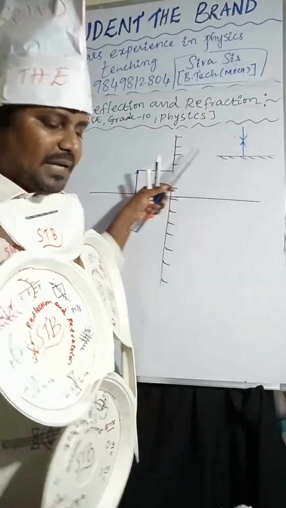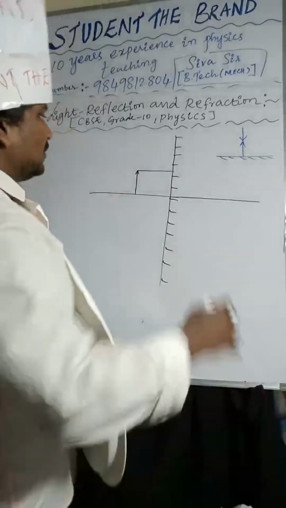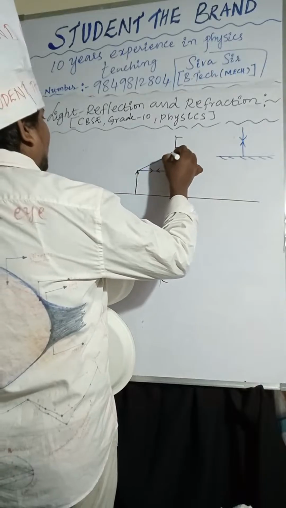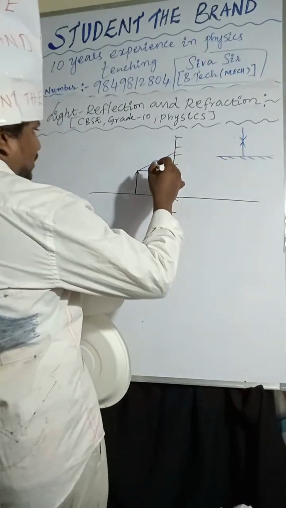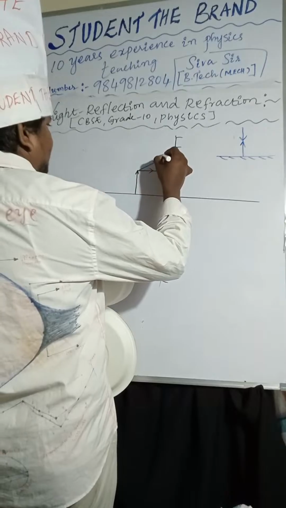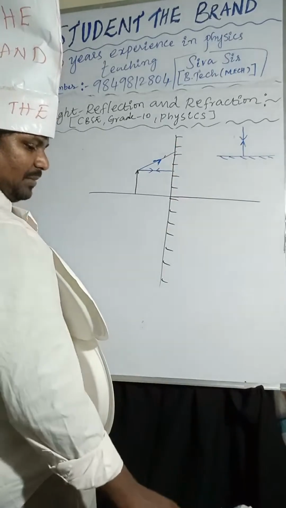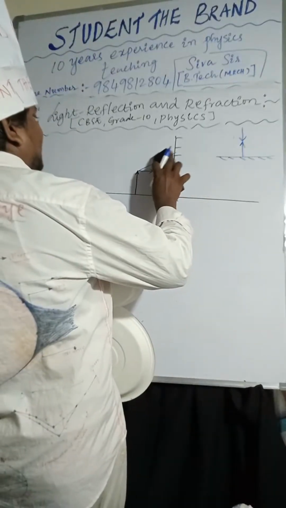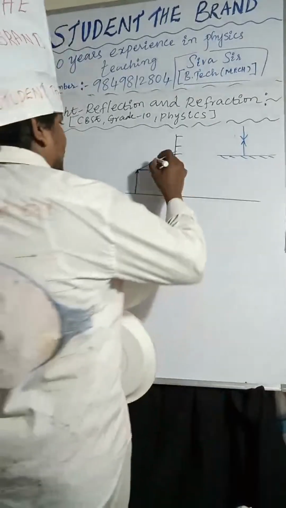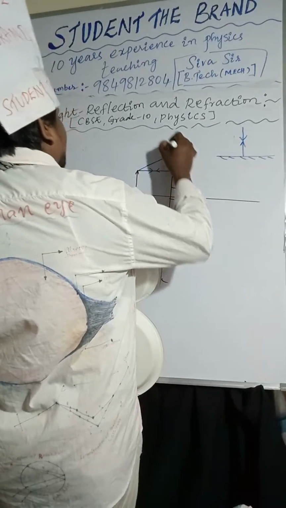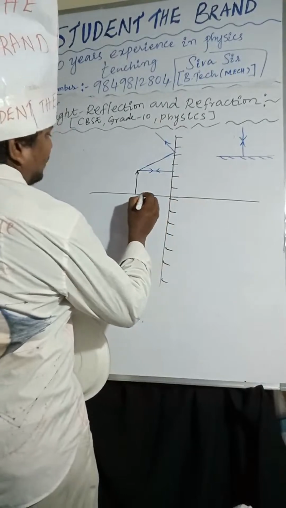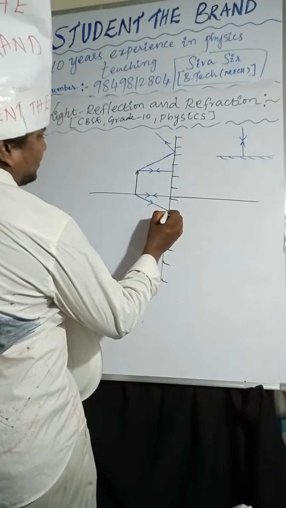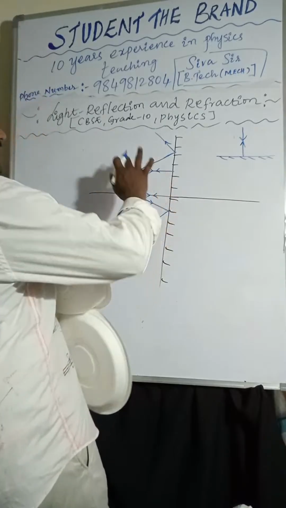Now here also I am taking 1 light ray like this. It will be reflected back. One more light ray I am taking here. After it is incident, it will be reflected. This is a reflection phenomenon. This is the incident ray, and this will be the reflected light ray. If it is incident along the normal, it is reflected back. I am taking one more here, and this will be reflected back. So if you are extending this light ray,